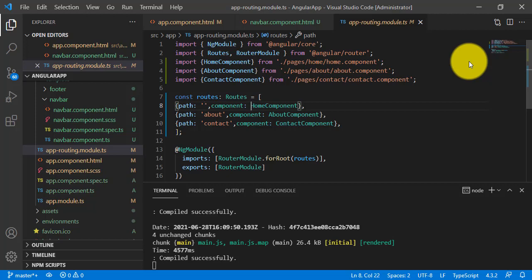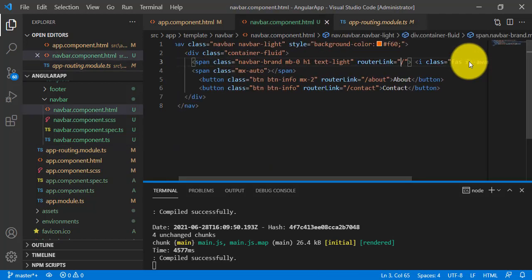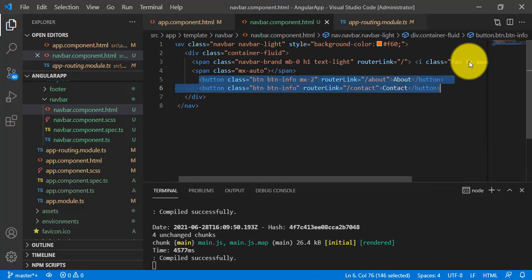So if you click here, it will go to this home component that is available in pages, home.component. And for the other two components, the about and contact buttons, I have added two buttons, one for about, another for contact, and the router link attribute I have added here,